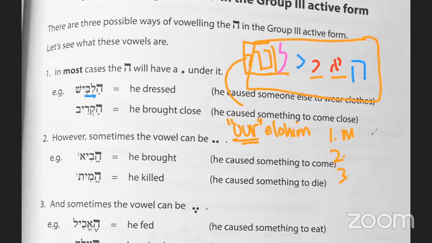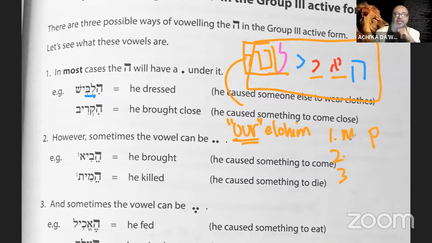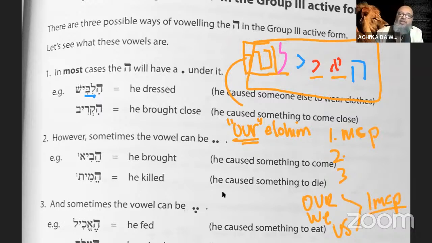Plural. But there's one thing that I want to bring you to is what they call common. Because our or we or us is unified as one. Okay. And it's masculine, common, plural. It's a common group of people saying something. Okay. So in this example right here,